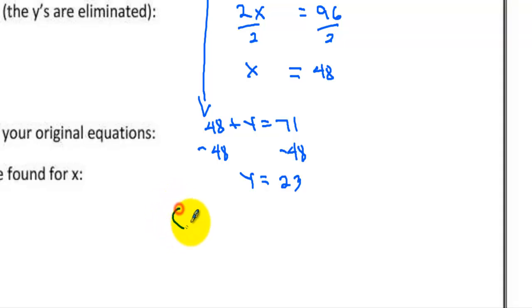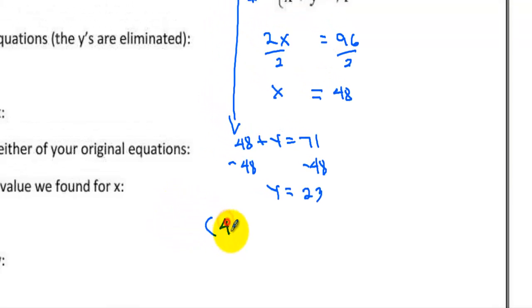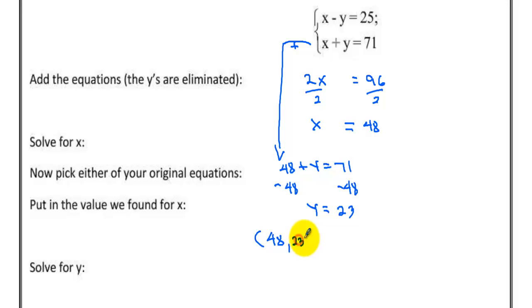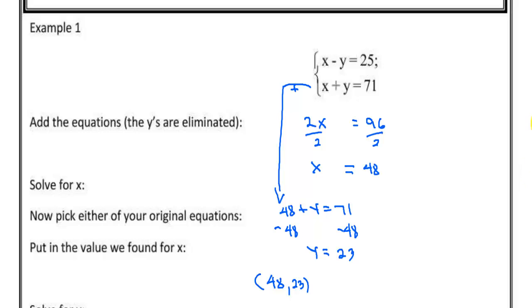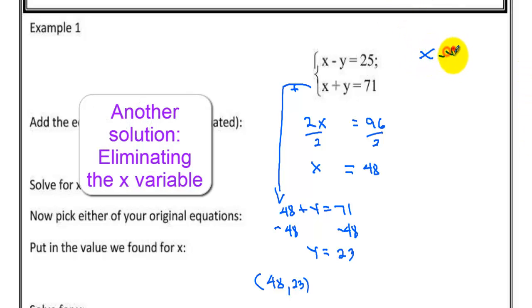So our solution is 48, 23. And since we have one point, we have one intersection, we are going to say that we have here one solution. Of course, some of you might say, what if instead of eliminating the y variable, let's eliminate the